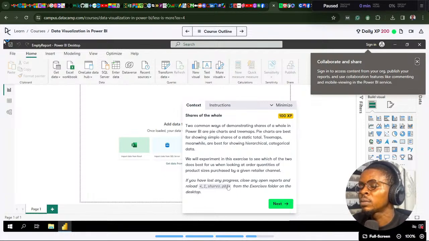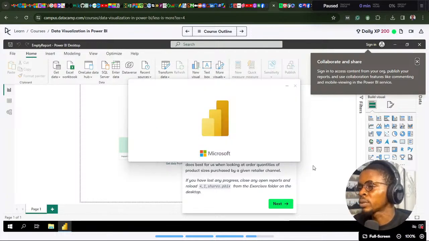So we should open the file. Don't forget to download the files. I've linked all files, exercise file and data set, in a link under the YouTube description. Do make sure to download it. So shares.pbix. Let me open it on my local. I actually use the DataCamp interface, but I always love to open the actual file on my local Power BI computer. So while that is coming up,